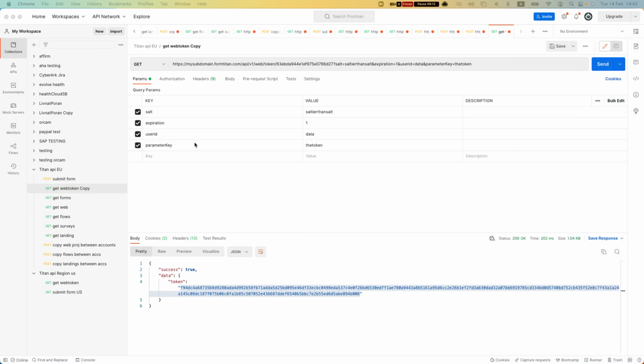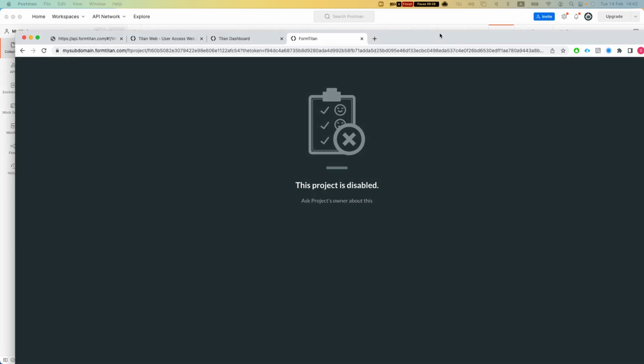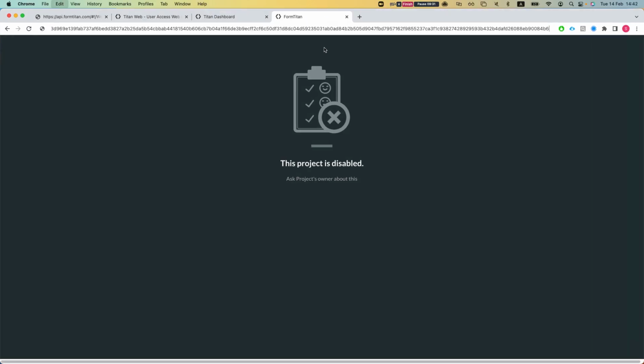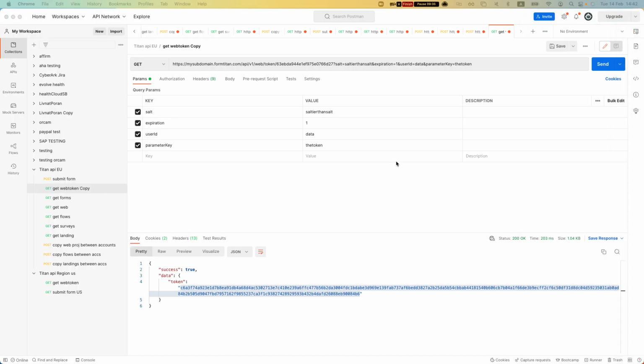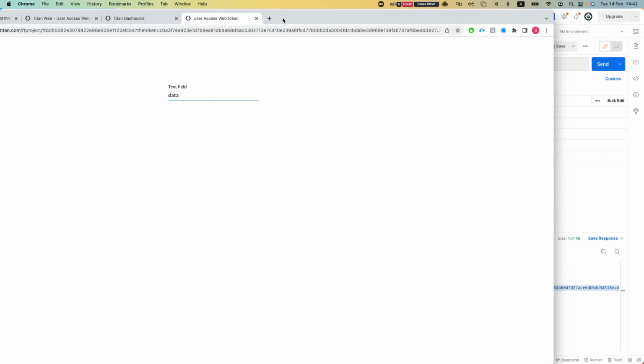One thing we want to make sure, because I saw that we didn't get that user ID, is that we have it exactly as we need to receive it, which is user and then capital ID, and we'll get a new token, and let's just make sure that it's mapped to our text field over there. We'll run it again, and there is our data, and obviously I can send whatever I want over here, and if I open it with that token,